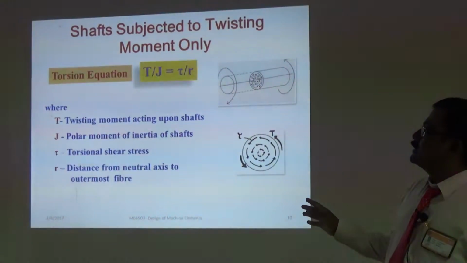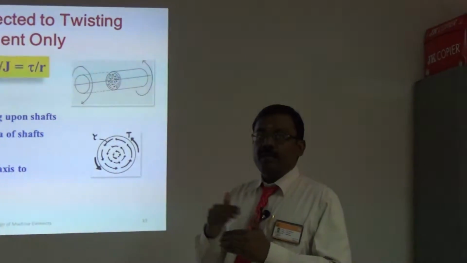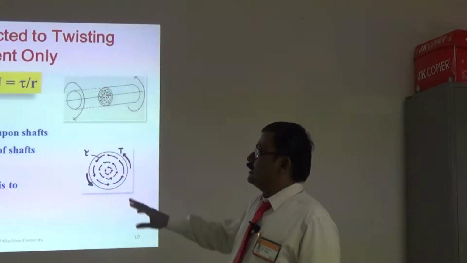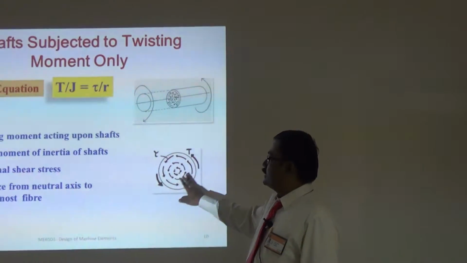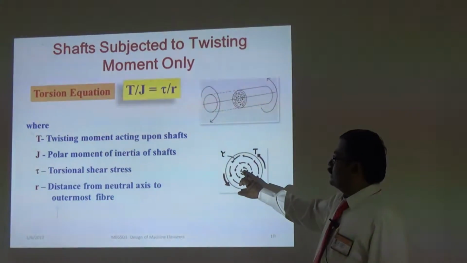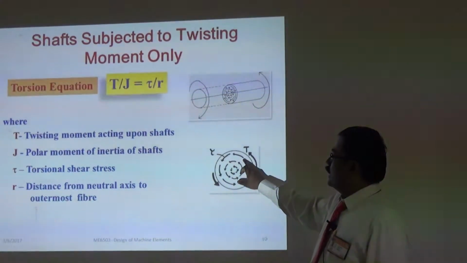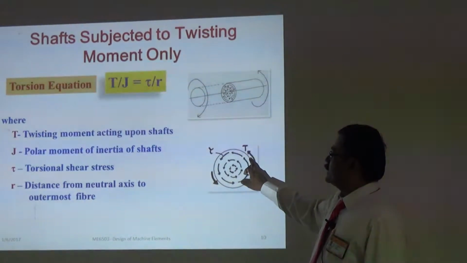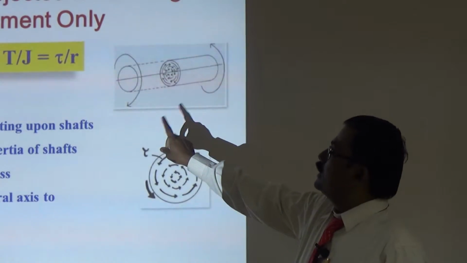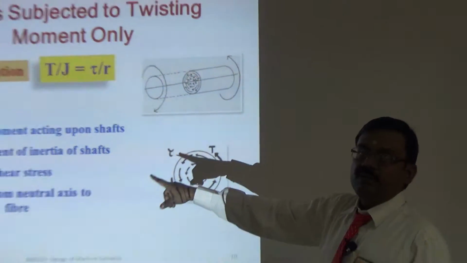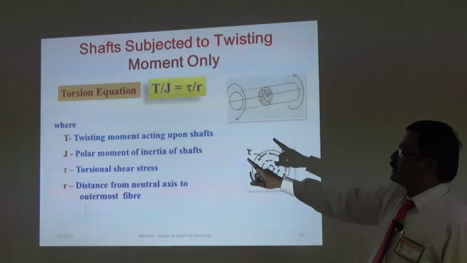If a shaft is subjected to pure twisting moment, that means it is purely rotating, right. In that case, we know that the shaft is subjected to only shear stress, and in the shear stress distribution, at the inner layer or the axis of the shaft the shear stress will be 0, and at the outer surface the shear stress value will be maximum. So, if you want to design a shaft which is subjected to twisting moment, then we have to use the famous equation